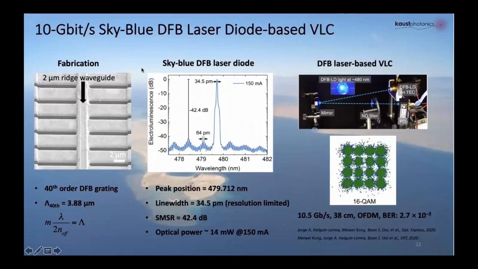In this case, we demonstrated the DFB by using a similar method, the sidewall grating, to get a very high quality DFB laser with about the same power, tens of milliwatts, modulated by integrating into the VLC system using 16-QAM OFDM. We managed to get beyond 10 gigabit per second. So 10 gigabit per second from a single laser diode is one of the records as of